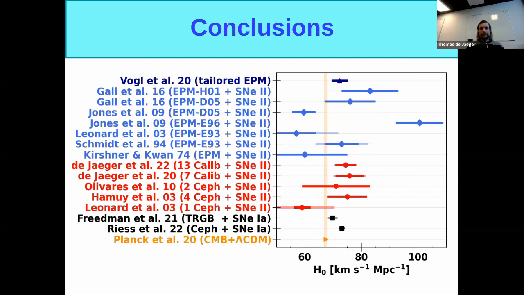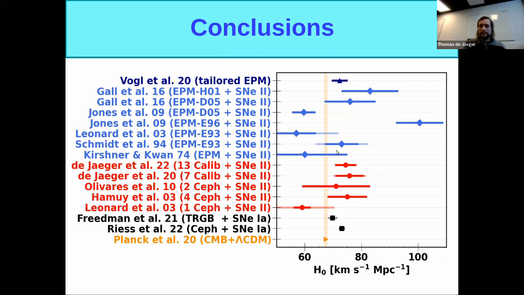So thank you, and to conclude, I show you a summary of all the Hubble constant values derived using type 2s. So for comparison, in orange you have the Planck value. In black, you have the value obtained by the SH0ES team and the Cepheids. In black you also have the value from Freedman and the TRGBs and type Ia. In red, you have the value obtained using the standard candle method, the last values that we published last year using 13 calibrators, which is consistent with type Ia values and in tension with Planck at 2 sigma.